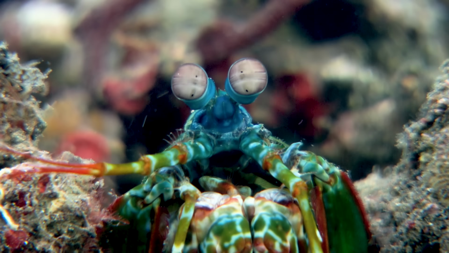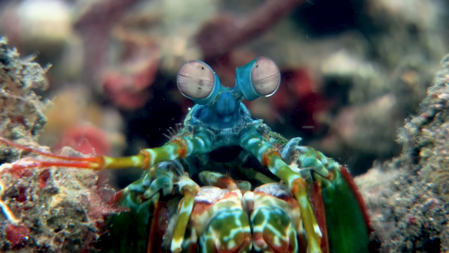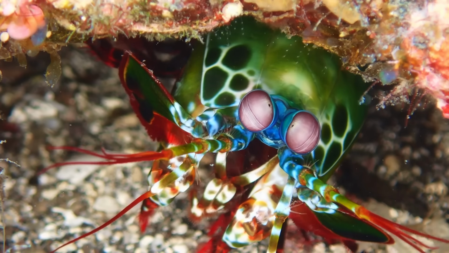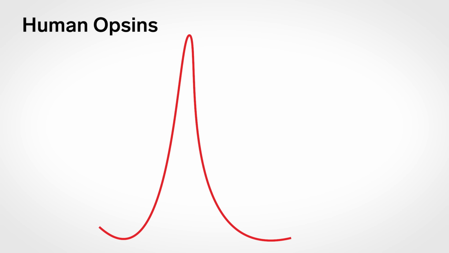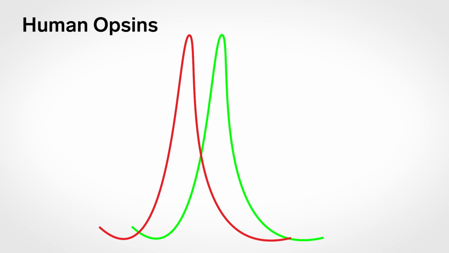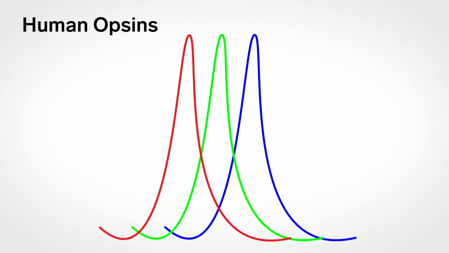For many years, it was thought that mantis shrimp had superb color vision. It turns out that the color vision of mantis shrimp isn't actually all that good. They process that information very differently from us. Our opsins have a very broad range over which they actually respond to light. So we have 3 of these different peaks, and they all overlap, and they're excited to different degrees from different